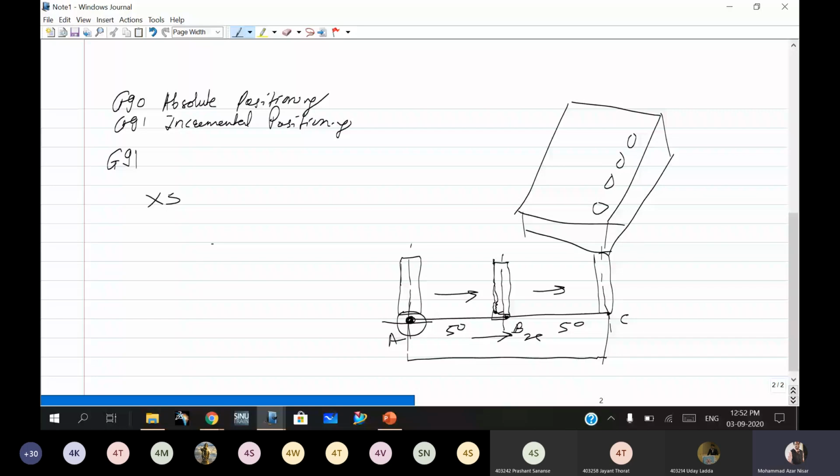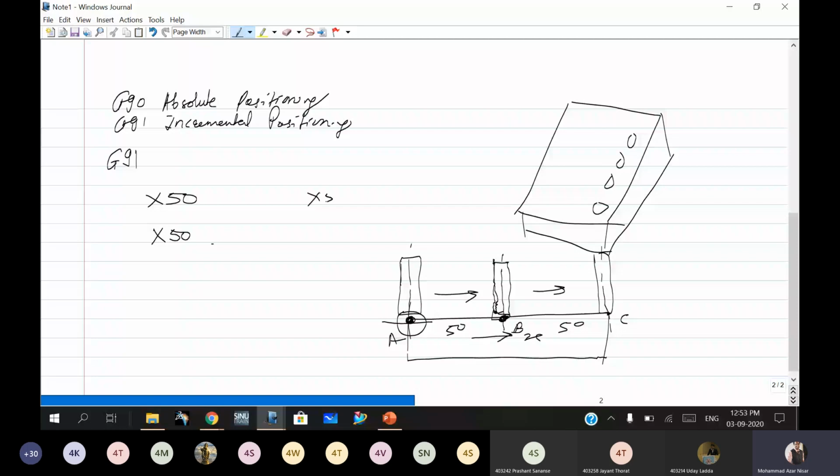Now my tool moves from this position to the second position, that is B. From A to B it moves. Then now this point will become its origin in case of incremental positioning. Now again, moving from B to C, I will use again 50. So in that we are using 50 plus 50, 100.